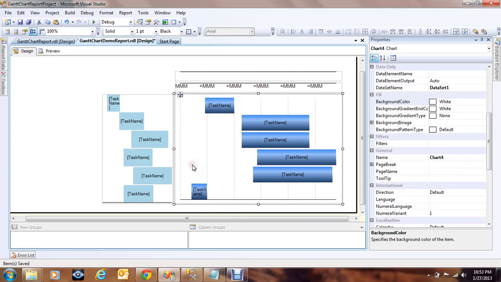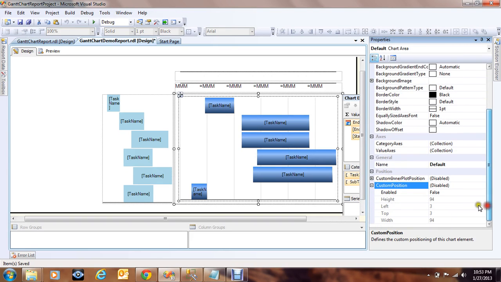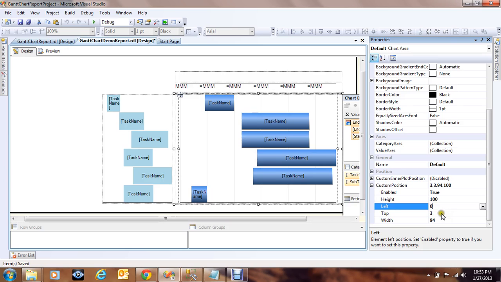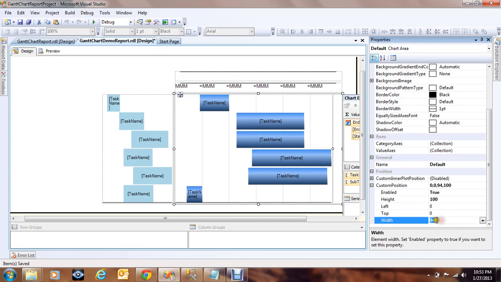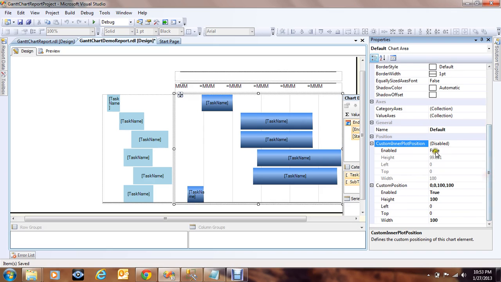So now I want to do the same for this one too. Go to custom position and enabled, make it true, height as 100%, this will be 0, top will be 0. So basically 100% is allocated for this report. And custom inner position, here